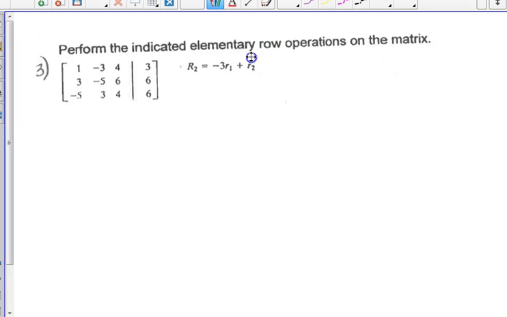This question is negative 3 times row 1 added to row 2, whatever that says. This is just more practice. You can do this if you want. Okay, it's not assigned, but